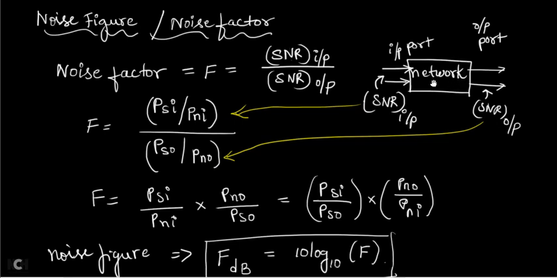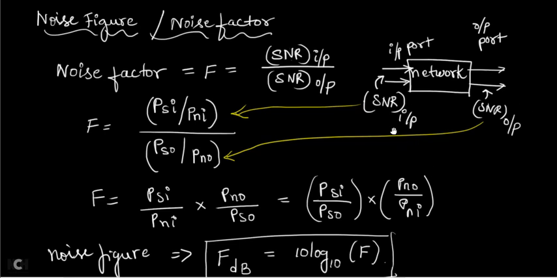You know that internal noise will be generated by the network or by the circuit. So whatever the input SNR is, the same SNR will not come at the output. Why? Because this input SNR will be degraded by the noise which is produced by the network or the circuit. So because of the noise produced by the network or the circuit, the input SNR will be still more degraded. You know that from the previous video lecture. If the SNR is high, that means your network is good. If the SNR is less, that means your network is bad. SNR less means more noise is added.